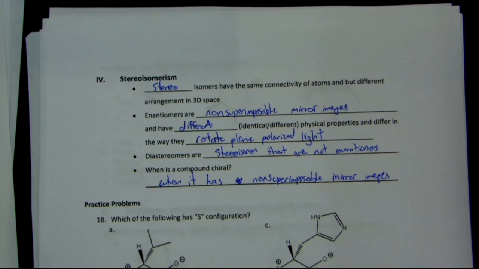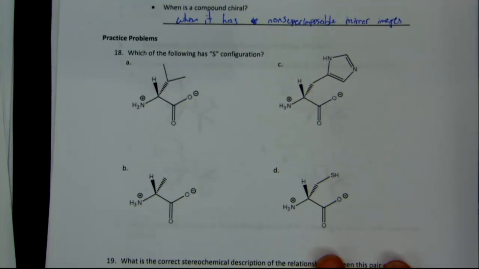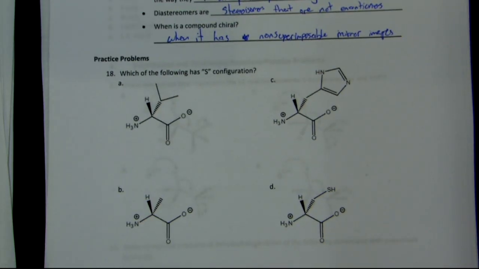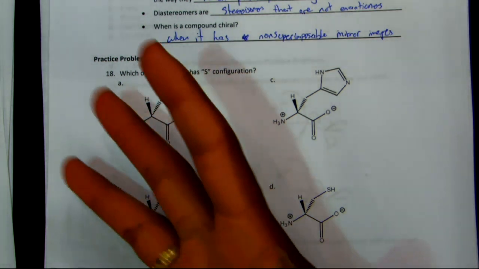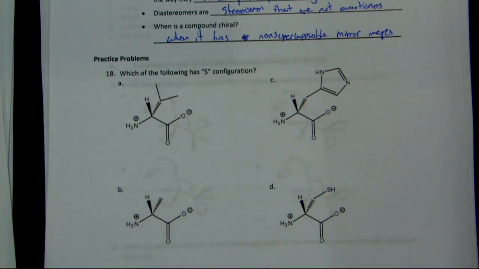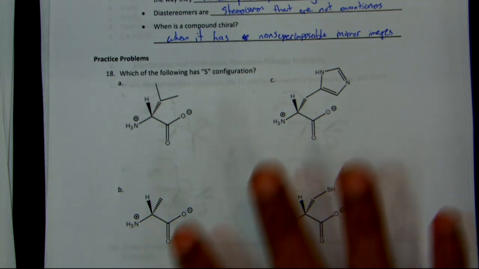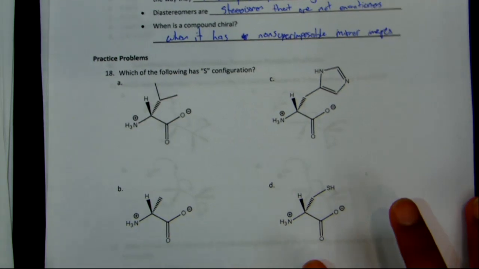All right, so we're going to do some practice. How's everyone feeling about chirality? We should be feeling good. So the main rule for this one is, if my lowest priority is not on a dash, then I have to flip the stereochemistry. Does that make sense? So it'll make sense when we do a practice one. So let's go by